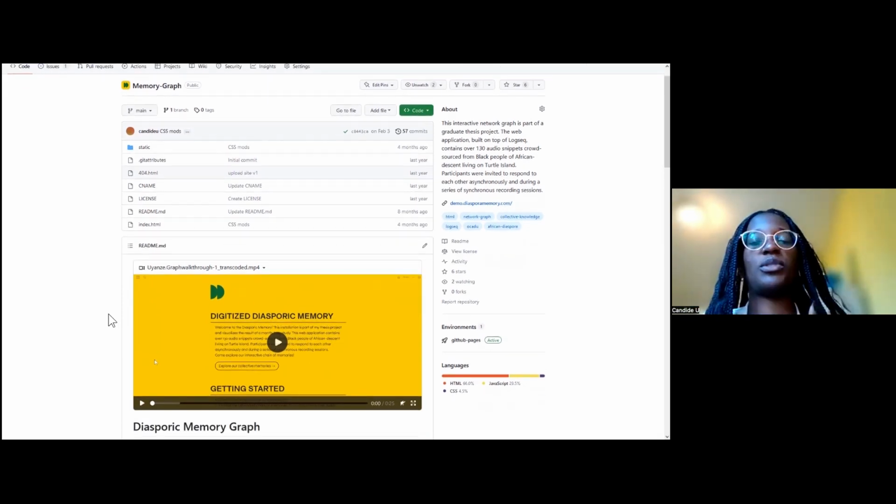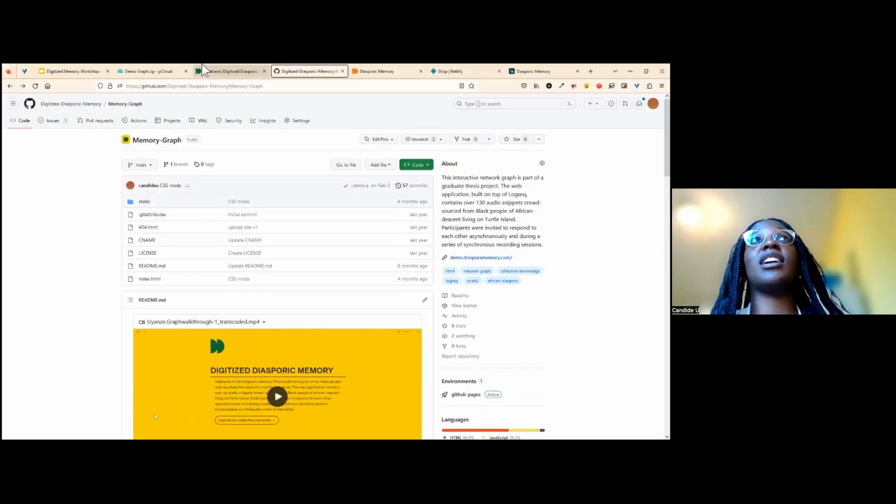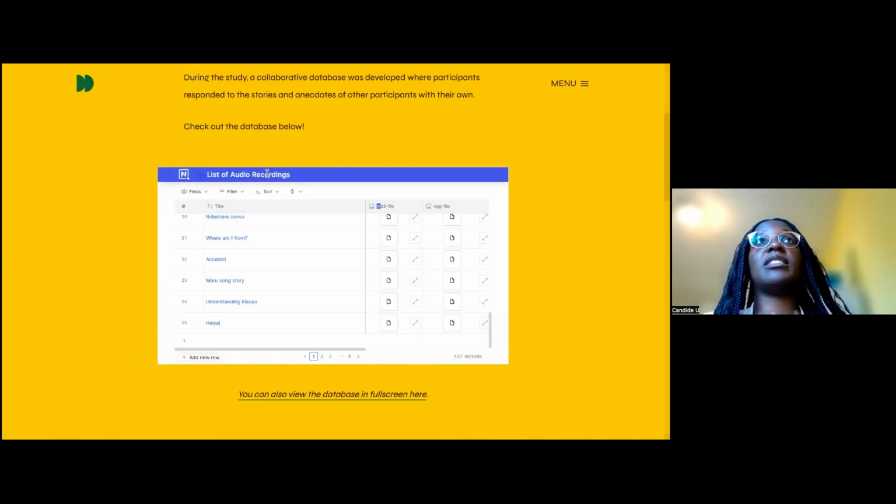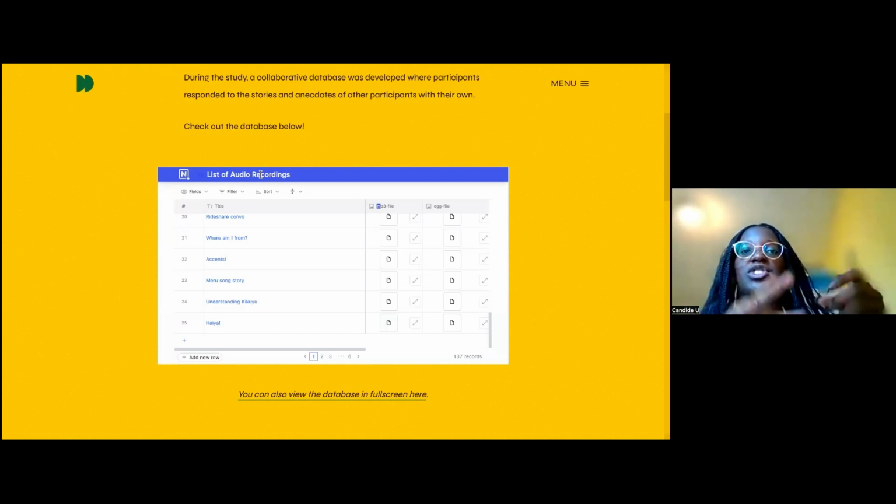So I don't know. Trying to make sure I answered every part of your question. But yeah, using open source software for me was important to think about that longevity and long term. And that's also the reason why I switched from using Airtable to NocoDB. How can I explain this? NocoDB is an open source version of Airtable, but you have to host it yourself. So you have to find somewhere that can host it, and then it creates a database. So you have a database with all the information, and then you have the application itself that you host.